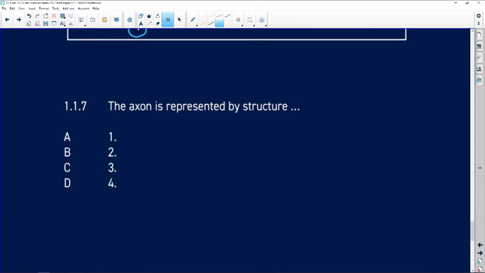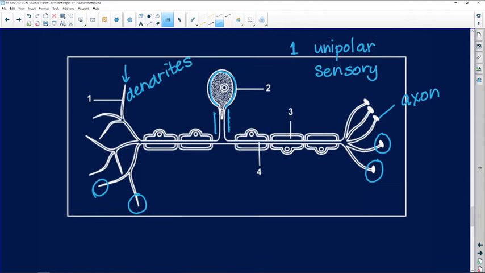1.1.7 says the axon is represented by structure 1, 2, 3, or 4. Let's go back here. Here is 1, and we know that's looking at a dendrite. Here is 2, that's pointing to our cell body. Here is 3, which is pointing to the myelination of the